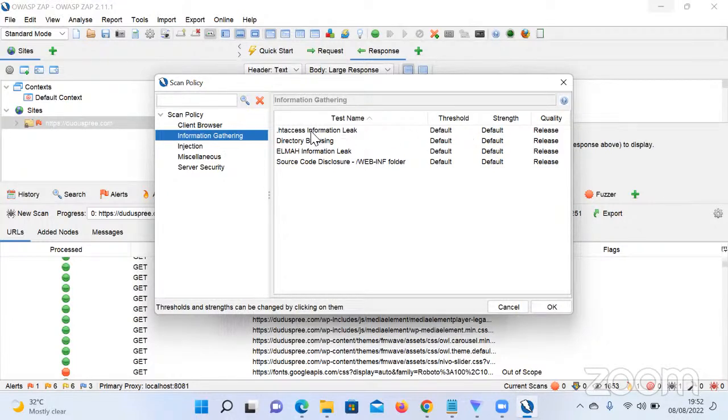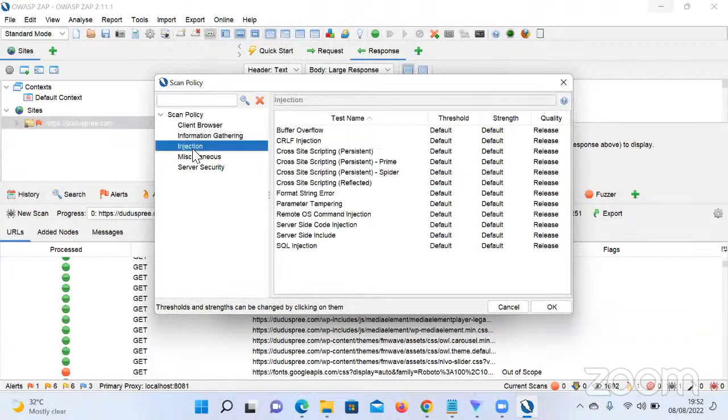Then we see you can check this directory browsing, HTTPS information leak, source code disclosure. You can change it here as we like. Then injection. I told us that we could inject anything, or we could search for anything, if there's any